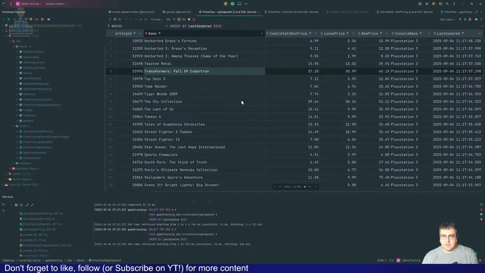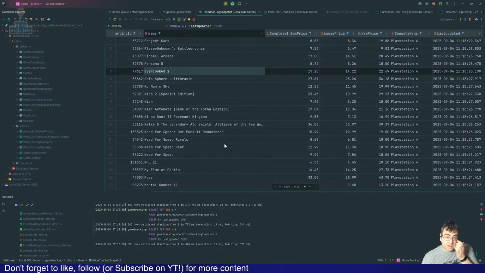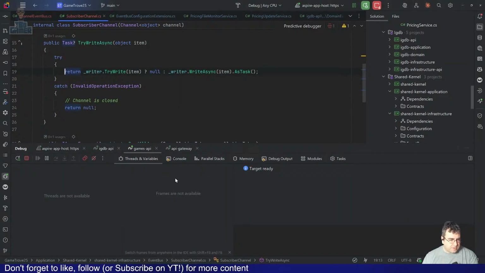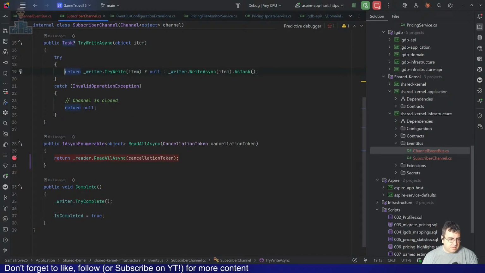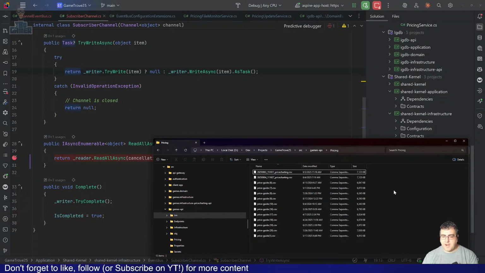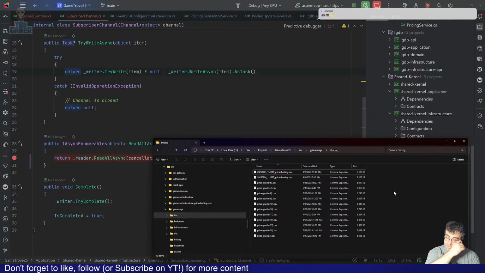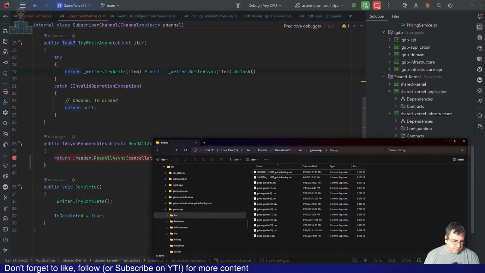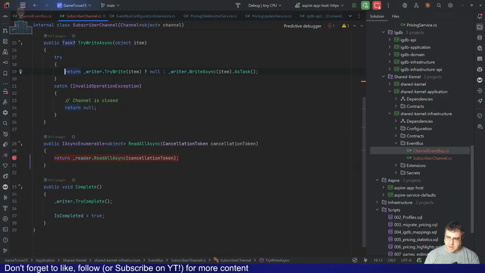Spin every 10 seconds. There you go. Okay, that's awesome. That's good news. So that downloaded the file. On putting the file in there, it detected the file, read through the file, figured out all the changes, published the events to say, hey, now we need to process these, and is processing those one by one using the channel event bus. So it's working. That was the right thing.